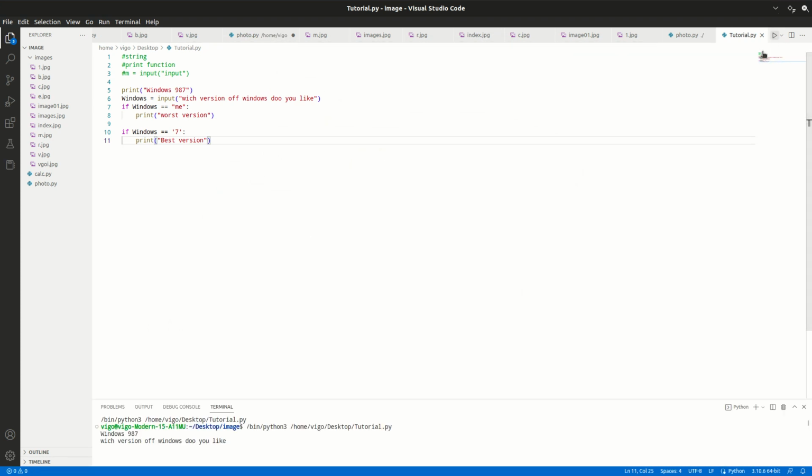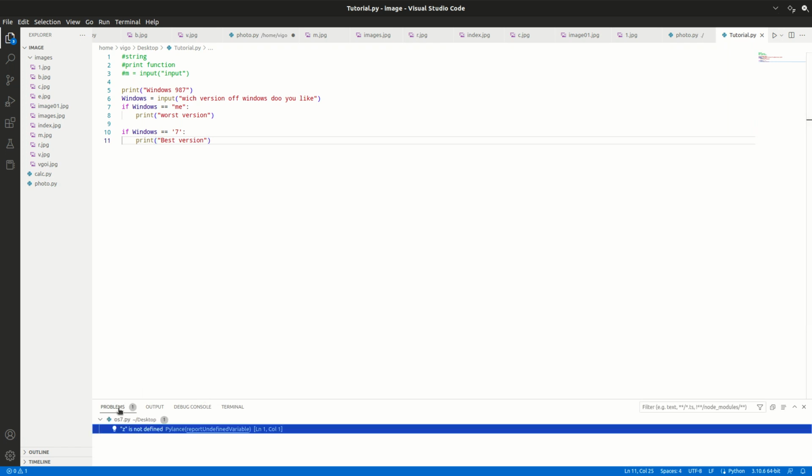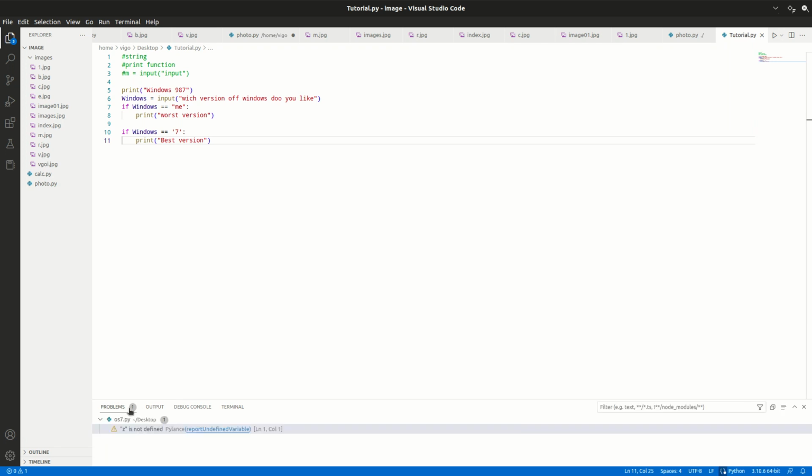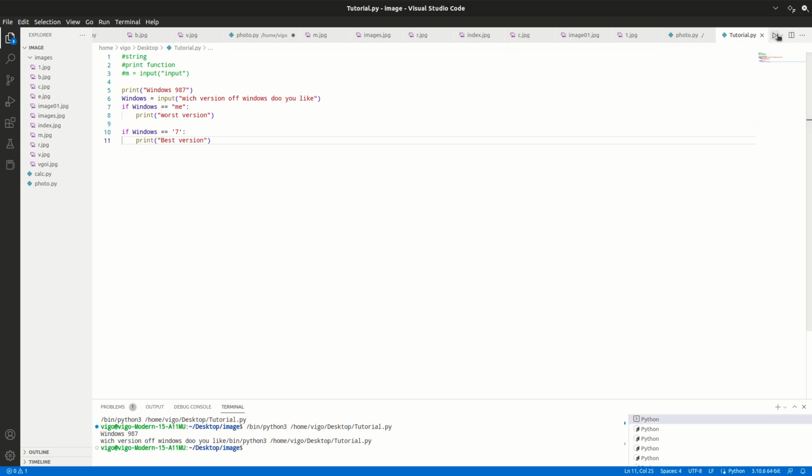And for the terminal, problems, what's my problem? And where do I have Z? At OS 7.py. Okay, which version do you like? Let's just type in ME. And